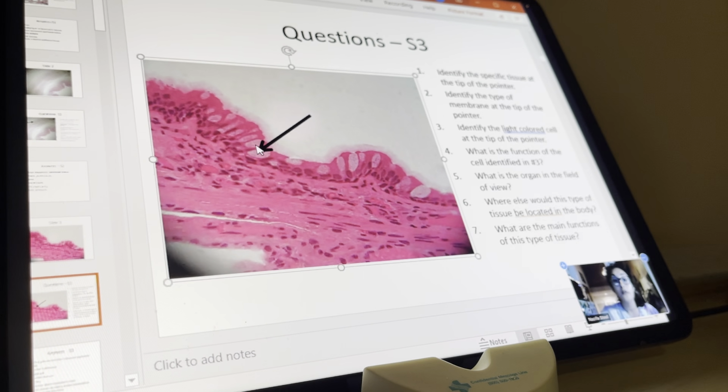That mucus basically traps the debris, whatever came into your mouth or your nose, and then the cilia are going to push it out. Because the cilia just go in one direction, and that's out, right? So that's why this ciliated pseudostratified columnar epithelial tissue, which is a mouthful, has those goblet cells and the cilia. Those are the important things about this type of tissue. Okay, so then for